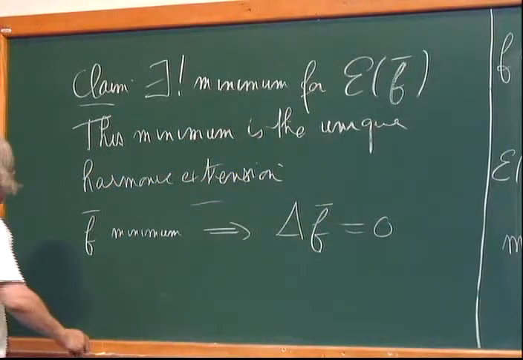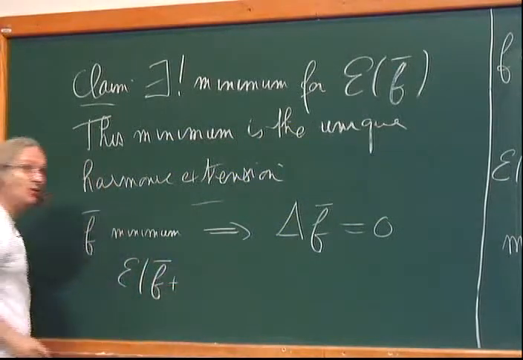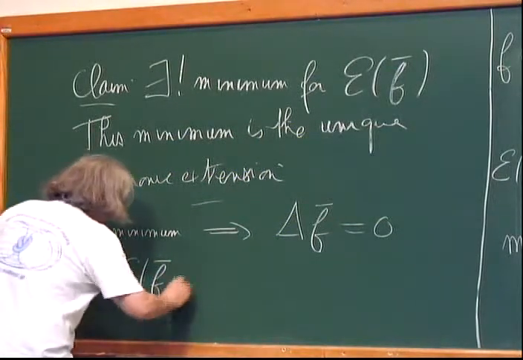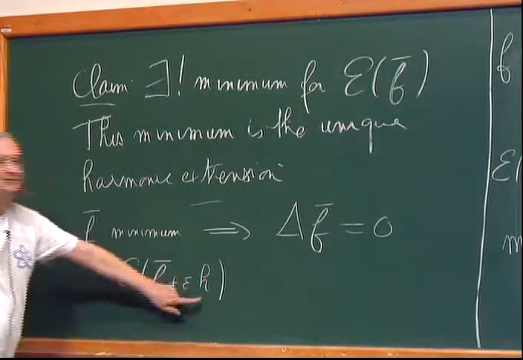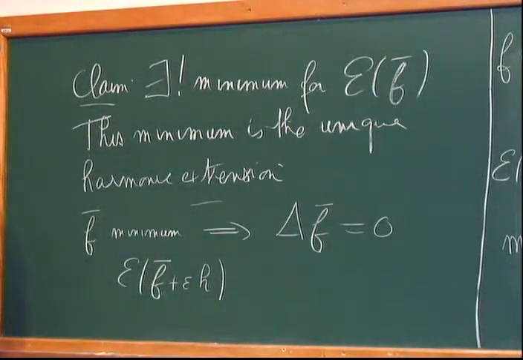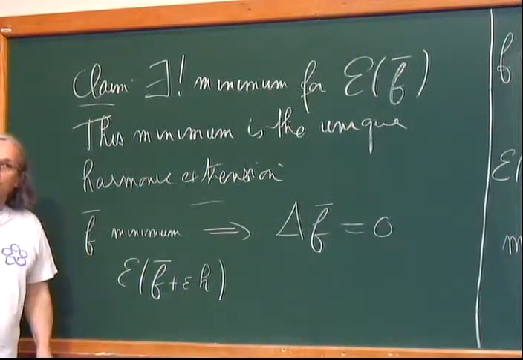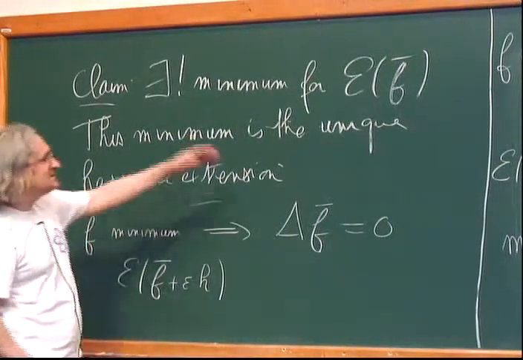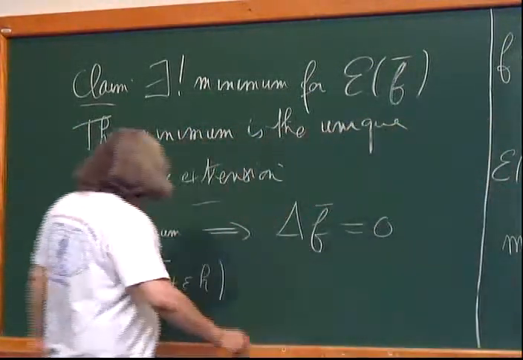How do you do it? Well, you compute the energy of f bar plus a small perturbation, epsilon h, where h is a function which is 0 on the boundary. If you add epsilon h to f bar, you do not change the value on the boundary. Since it's a quadratic form in f, you get